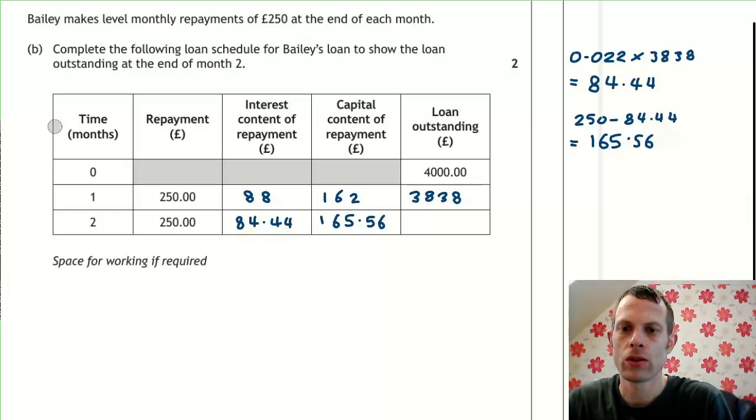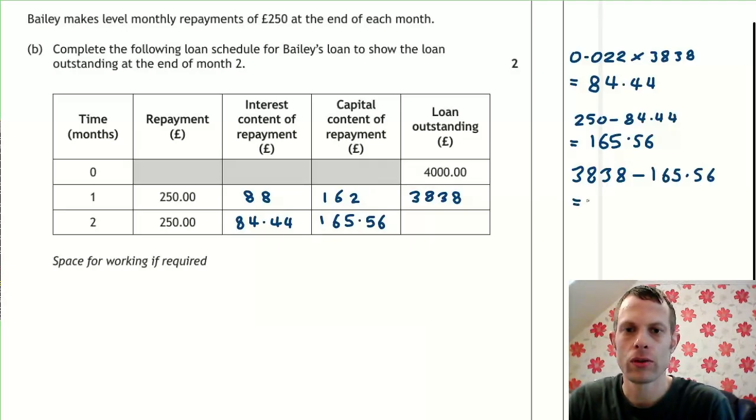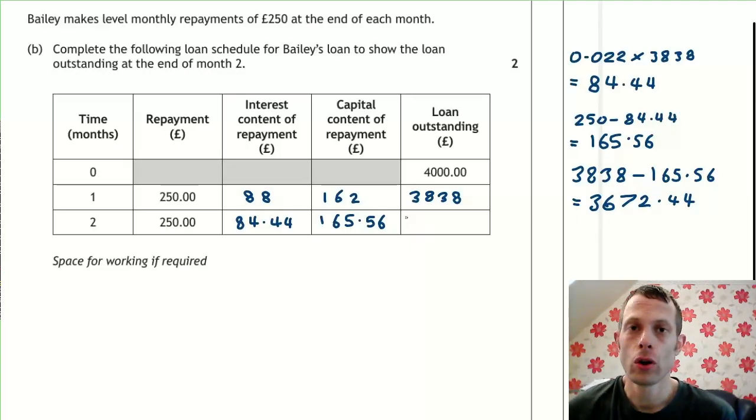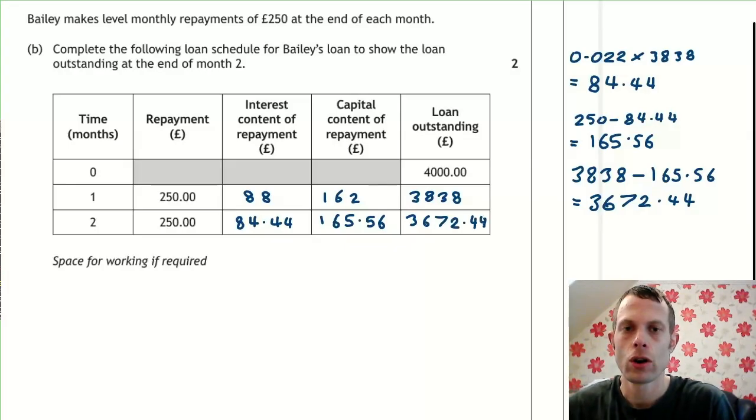I'm showing you here that the repayment is equal to the interest content plus the capital content. So that's one thing you could check. For example, the 88 and 162 add up to £250. For the final balance, I take away the capital content, and it's £3,672.44. Now your answers for this question may be slightly different if you use more decimal places for the interest